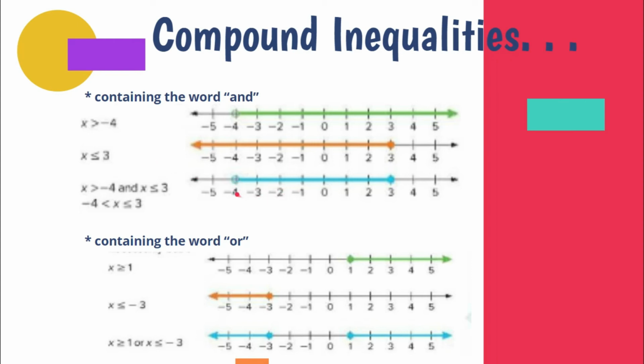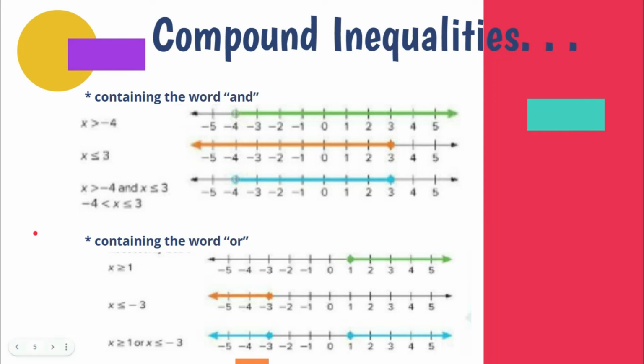And down here, we have what we call an intersection. So these are the points of the number line where you can see, by comparing the previous two number lines, that they all intersect. And then when a compound inequality contains the word or, it is true if at least one of the inequalities is true. A union is the graph of a compound inequality containing or, and the solution is a solution of either inequality,